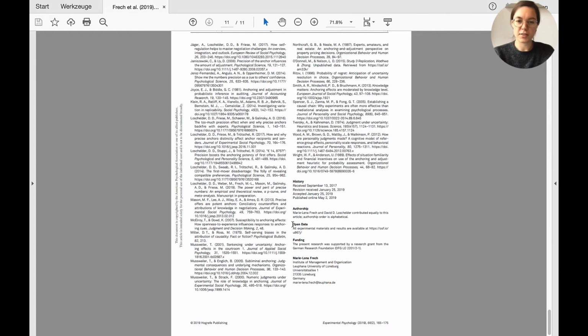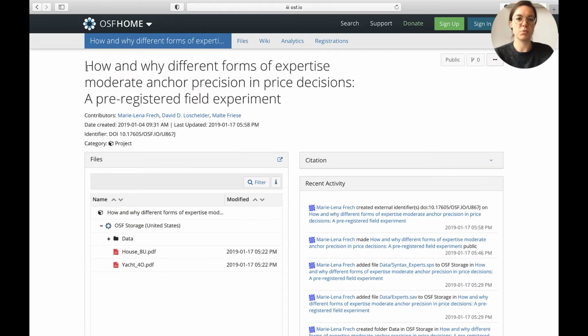To have a look at the materials of the research article, again, we would need to go to the Open Data section at the end. Here, as already stated, it says all experimental materials and results are available at the Open Science Framework. We would click at the link here, and we would be directed to the Open Science project. And in addition to the folder with the data set and the analysis script, we have some materials uploaded here.